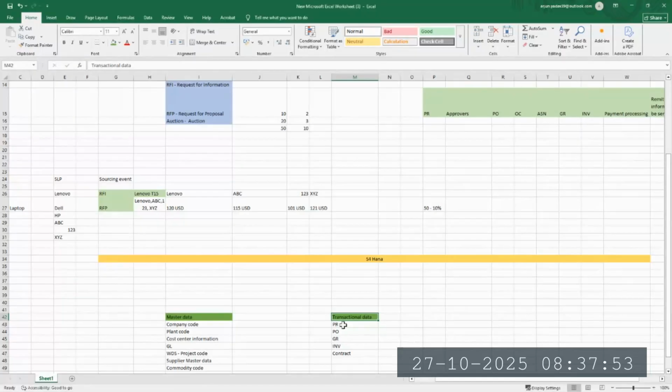Any questions with these two data? No. Okay, so